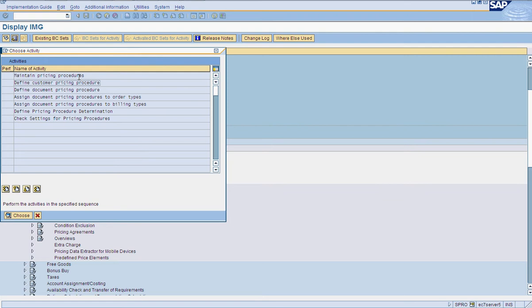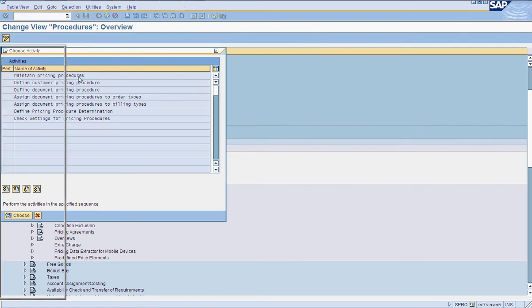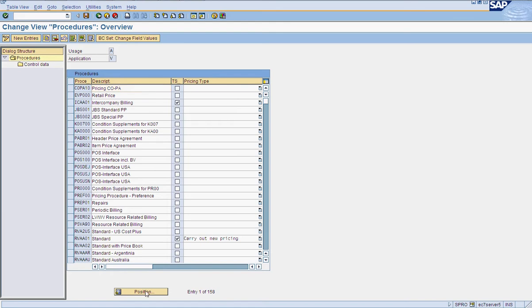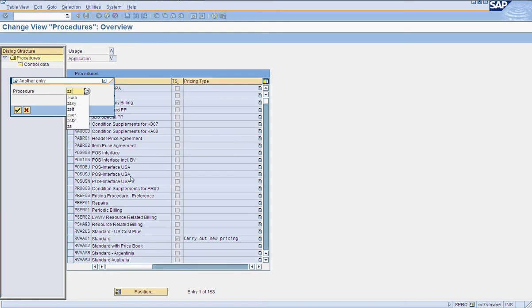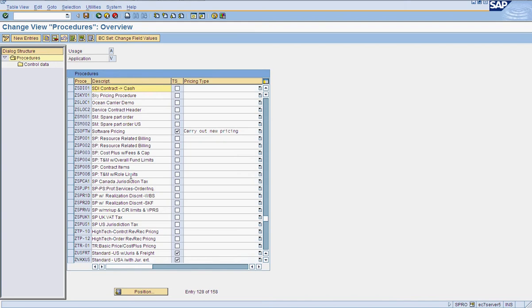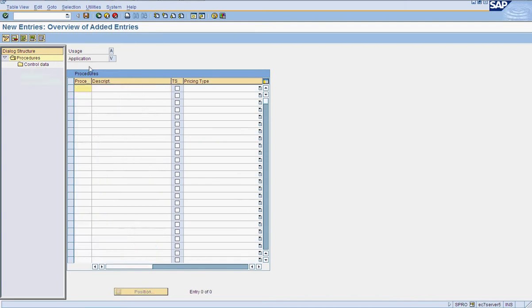Before that, we will first maintain our pricing procedure. So we will be creating a new pricing procedure called ZSAB 01. Oh, it doesn't exist, so let me create a new one. ZSAB 01 sub pricing procedure.